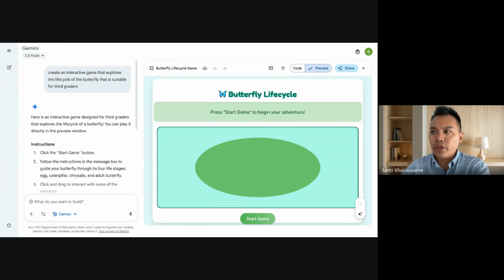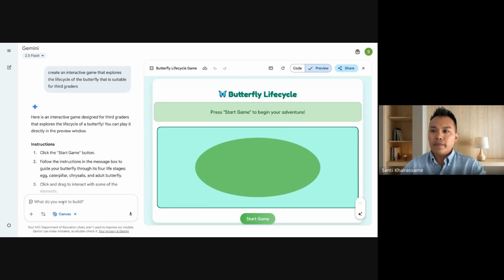I got that. No, thank you. So these are just more like practice games. At this point, you could share this with your students through a Google site, but you yourself wouldn't get the data on that. This is just creating a practice game for them. If you wanted to get information from the students on whether they got the question correct or not, you would either send them a Google form as a quiz, and you can use AI to help you generate those questions.